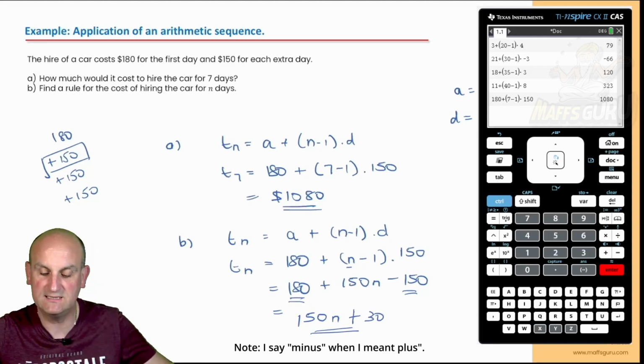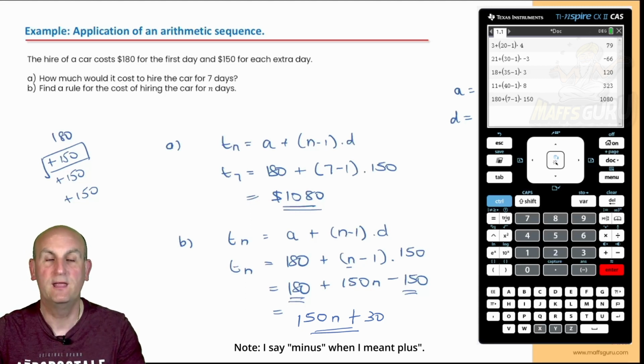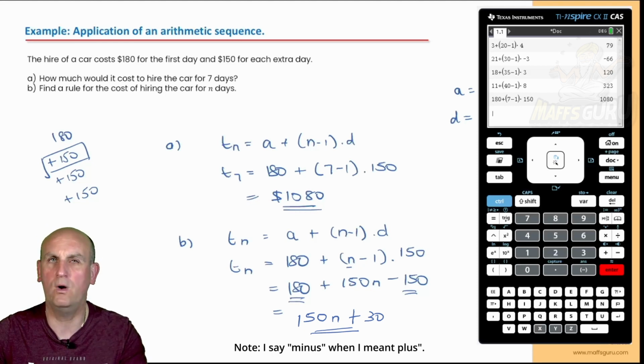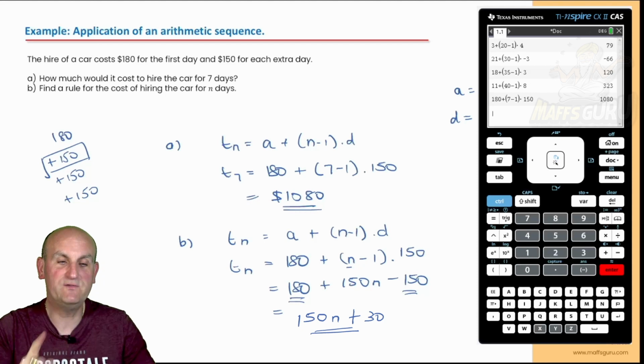There we go. So what it's saying there is I can multiply each day by $150 and take away 30. And I'm going to leave that for you to try and decide, does that make sense? Why would I be doing that? Hopefully you'll work it out, but that's actually the question answered. Now, this is sort of the end of this video, but in the previous video, I wanted to show you